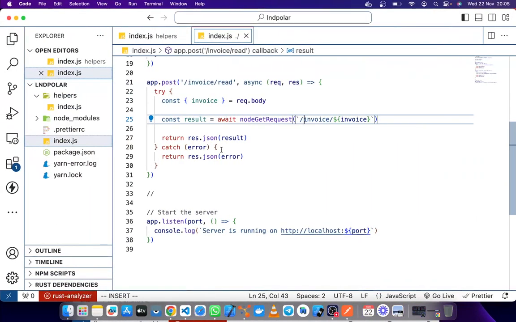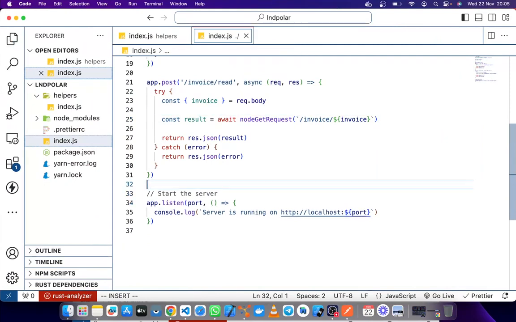Okay, why don't we create an invoice using Alice's node and then decode it from there?